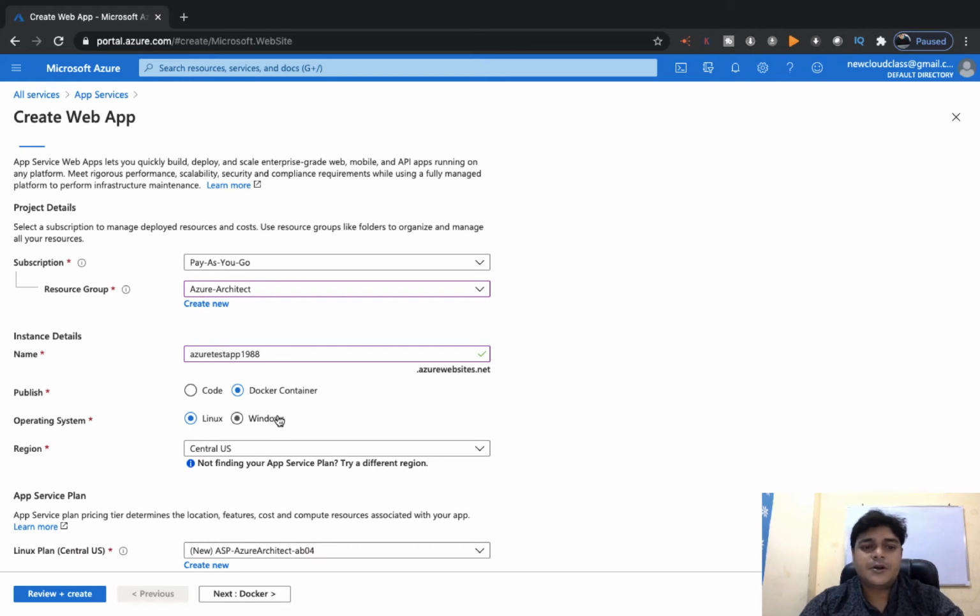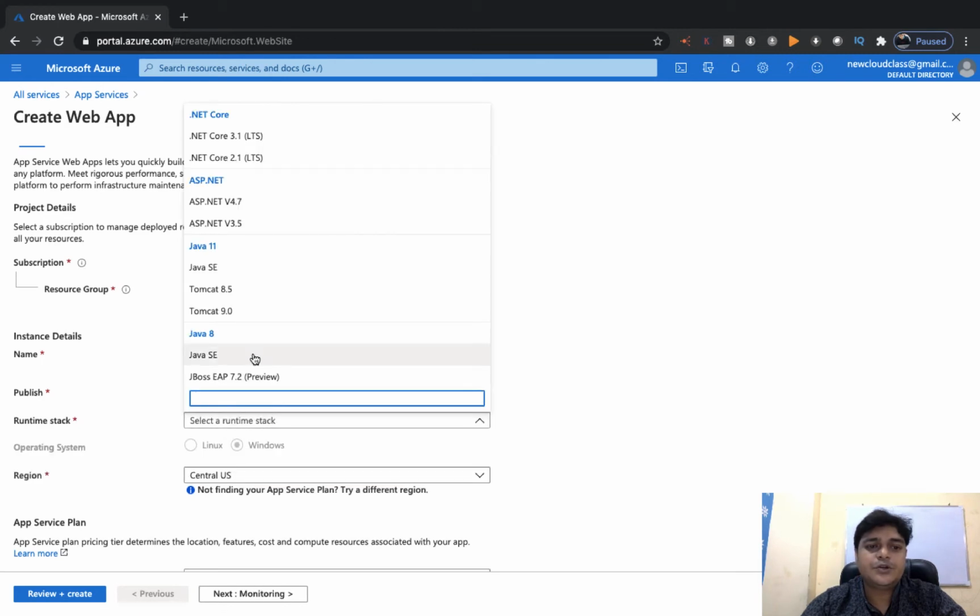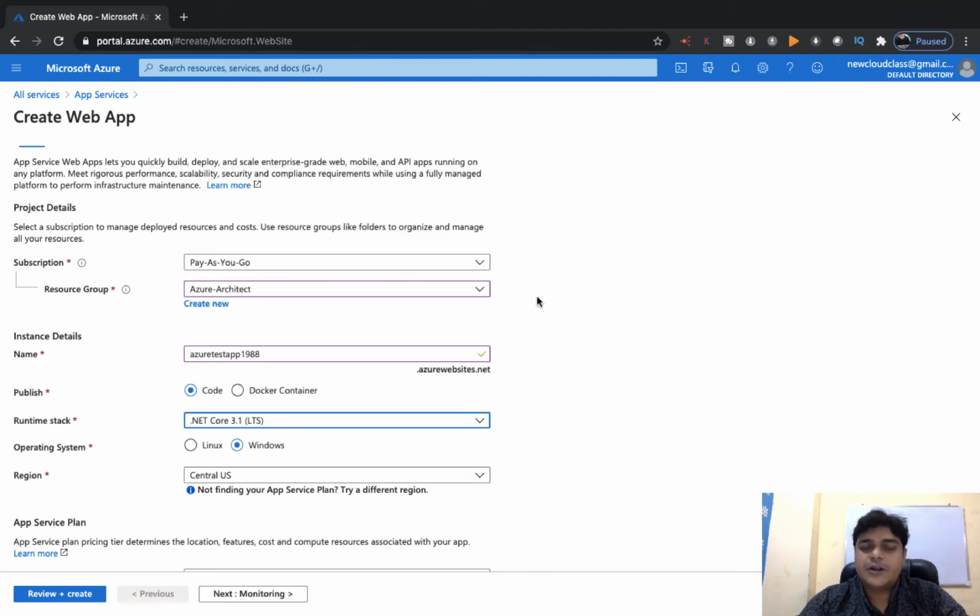So guys, if you're talking about the Docker services, it gives you the platform in the backend. Which type of platform you want to select, you can proceed with Linux, you can proceed with Windows as well. And if you're talking about the code base, you need to decide the language that you used to create your website. So guys, we created our website by using .NET and PHP. So that's why I'm going to proceed with .NET. No need to proceed with Docker services. If you already created a Docker container, you can proceed with this particular part.